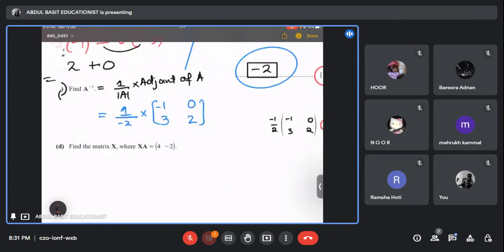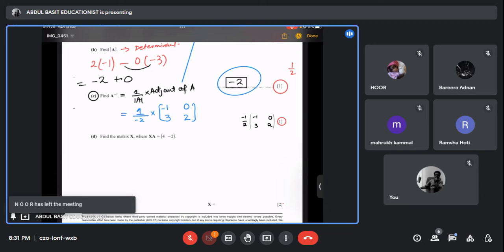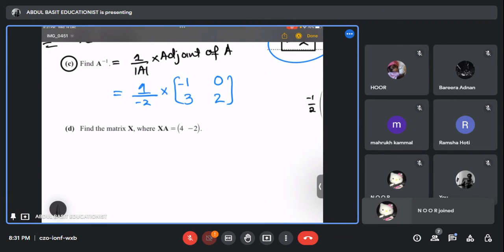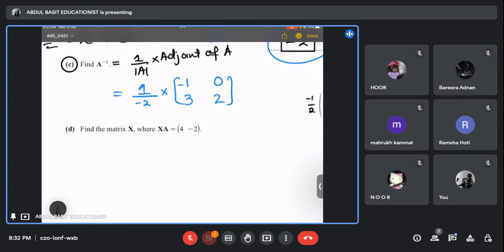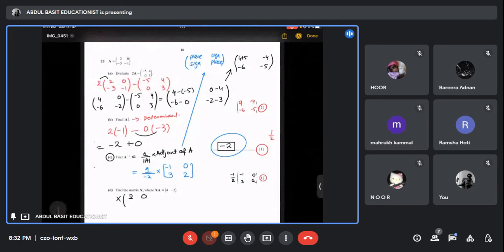Okay, that's good. Now they say that find the matrix X where X A is 4 minus 2. Now that's tricky and it has only 2 marks. Let's check what this is all about. According to the question, they say that X A is equal to 4 minus 2. X times the matrix A, which is right above, that is 2, 0, minus 3, minus 1, and that is equal to